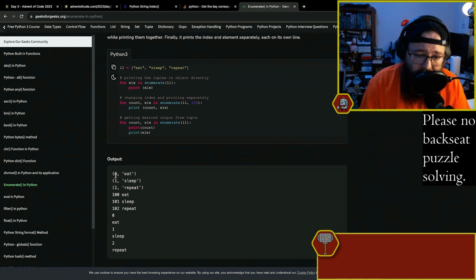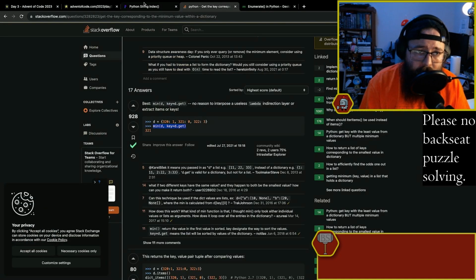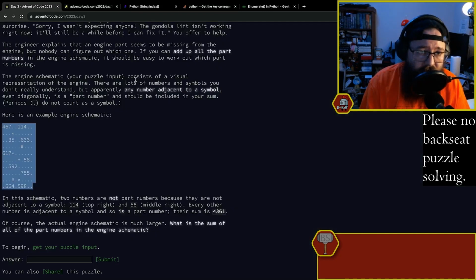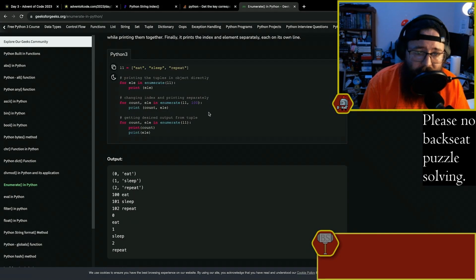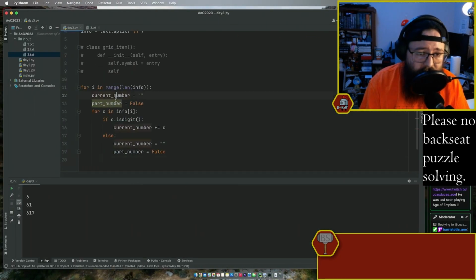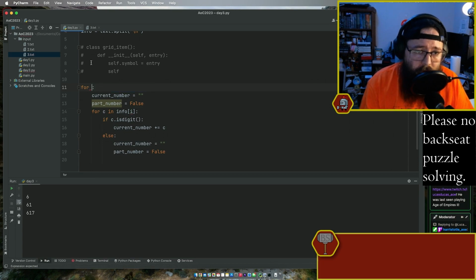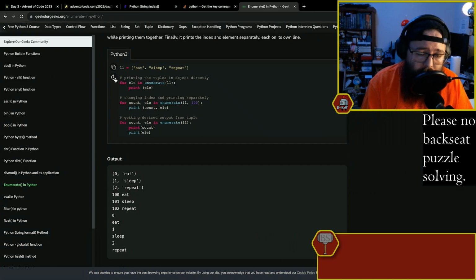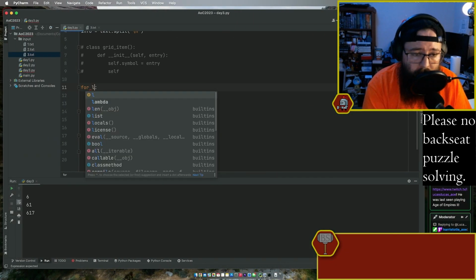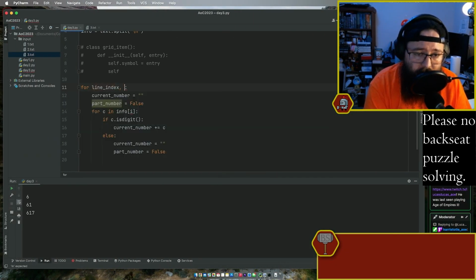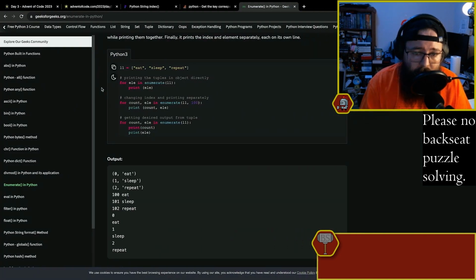Let's grab the, yeah, I want to try that. This gives me the index and the item, I think, if I understand. So for enumerate,